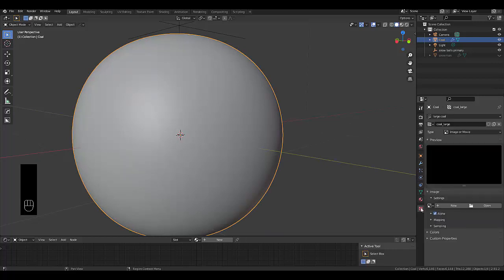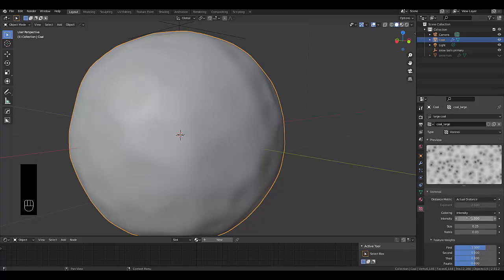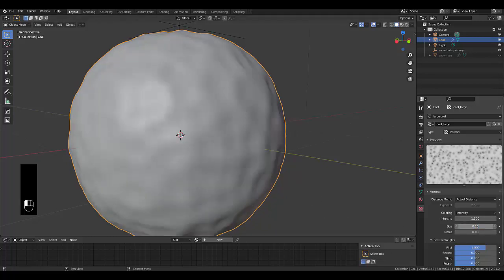Go to our texture coordinates over here. And let's choose Voronoi, or whatever it's called. Intensity, let's increase it to about 1.3. So it's got these bumps. Let's try this 0.15,